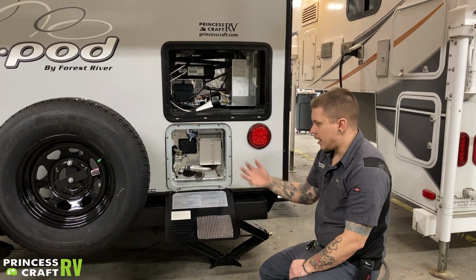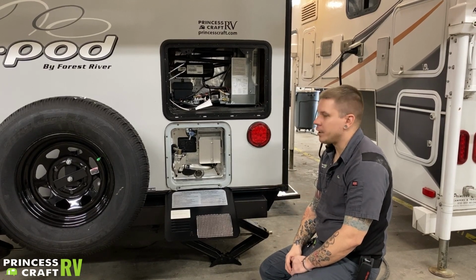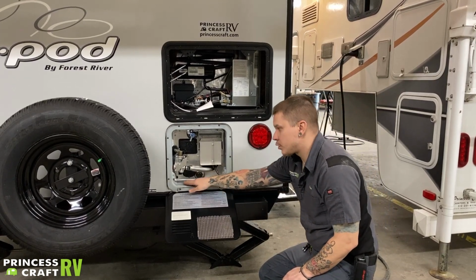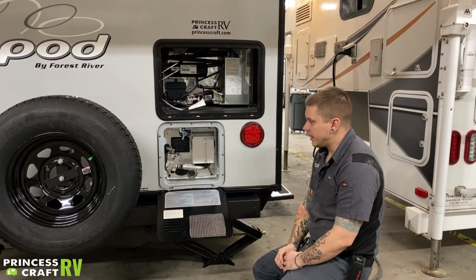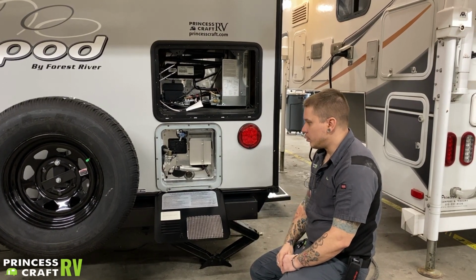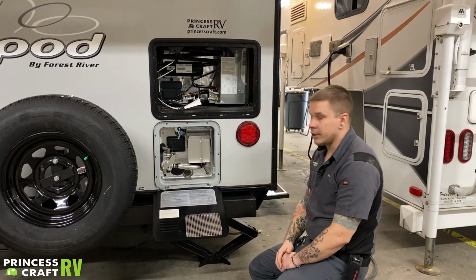And again, the water heater does need to be drained separate of the system, and you're going to be draining the entire system anytime the unit is going to be in storage for more than 7 days. Other than that, the manufacturer does recommend that you prime the water heater before lighting it, because it will be empty when you start your camping trip. To do that, you just turn the hot side of the spigot on. That is going to feed 6 gallons of water into the heater